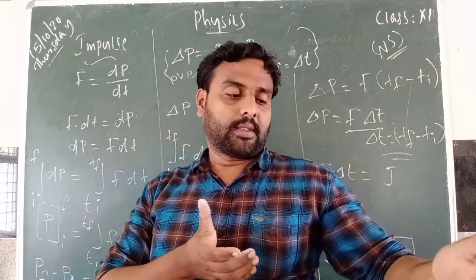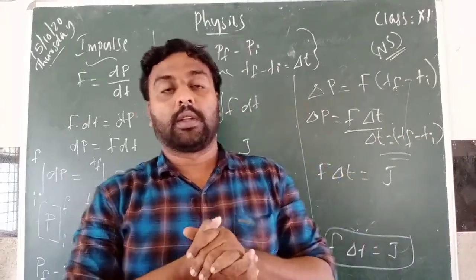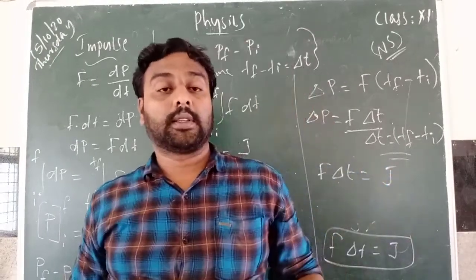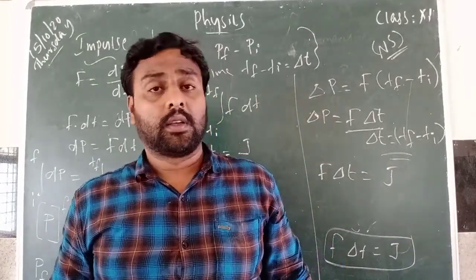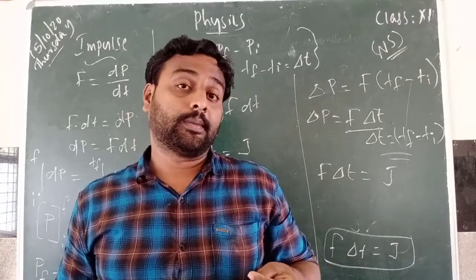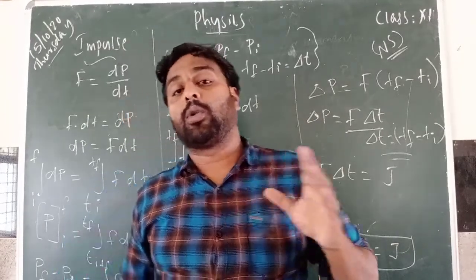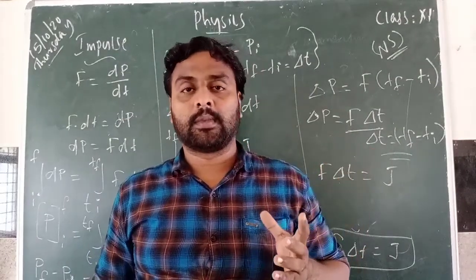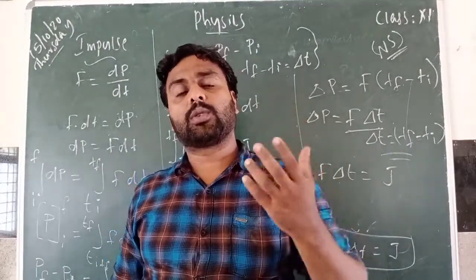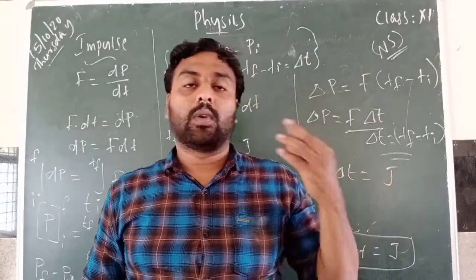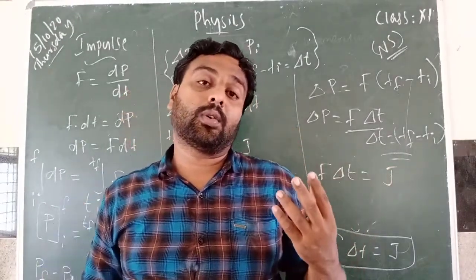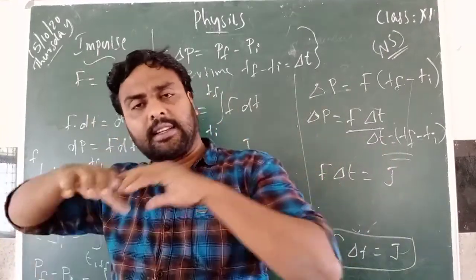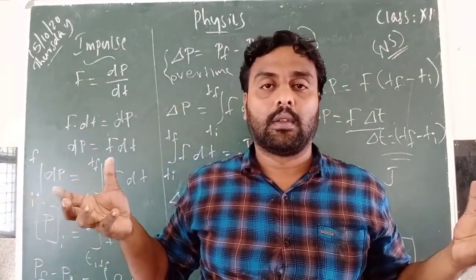It is given in the textbook, page numbers 134 and 135. The best illustrations are given. The first one is an example, and the second one is an accident. You know, all modern cars are fitted with airbags. So actually, what is the use of an airbag? When an accident occurs, there is a change in momentum. Momentum is changing drastically, suddenly.